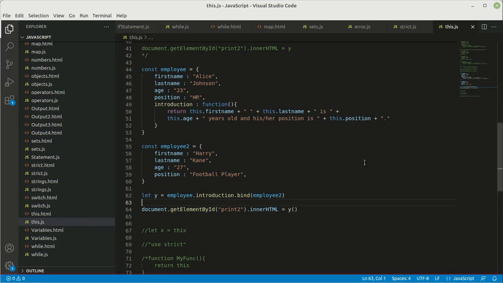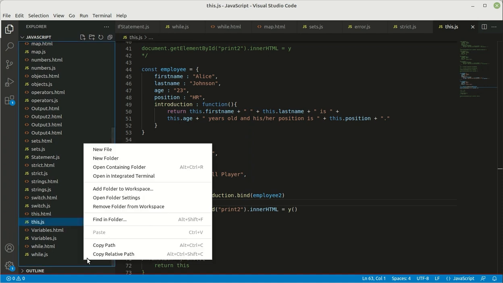Hi and welcome to this part of the tutorial. In this part we're going to talk about classes. So classes in JavaScript are like classes in so many other programming languages such as Python. It has the very same structure with the difference that some of the names might be different, but here let's